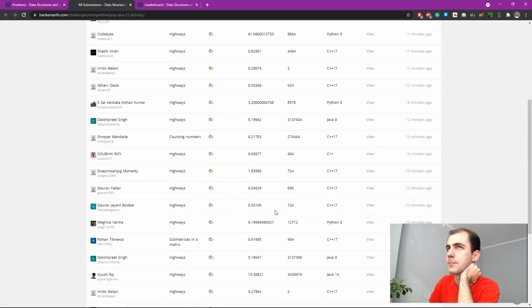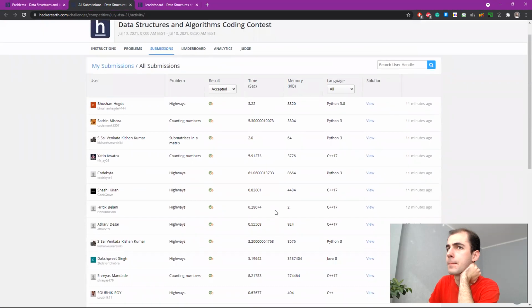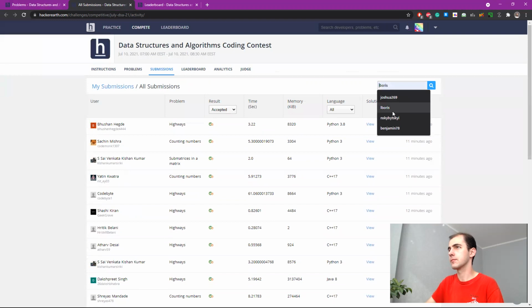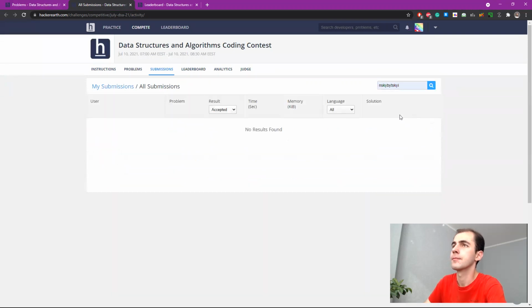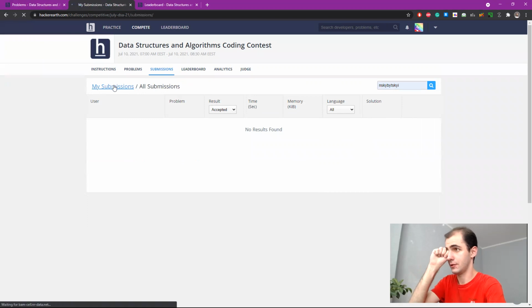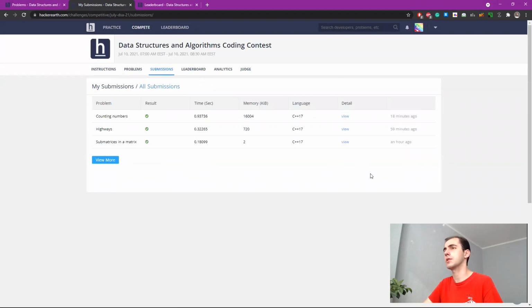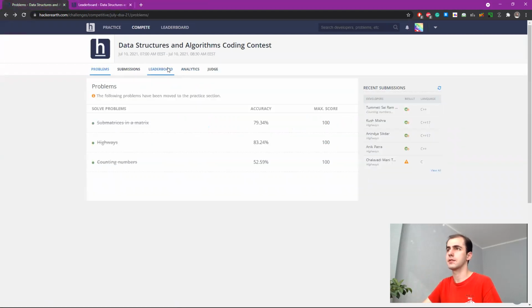Where is it? Outstanding interface. Or does it exclude your submission? What is the point? Okay, no, you see that we solved all problems. I think it does not.